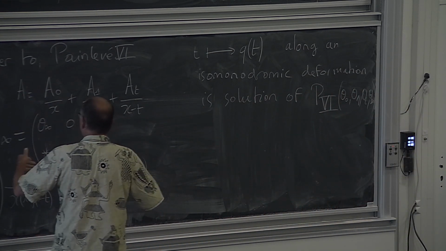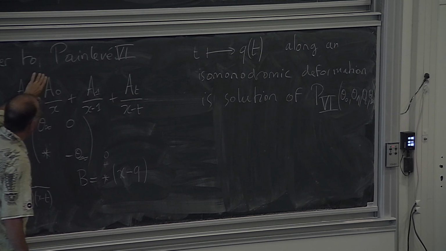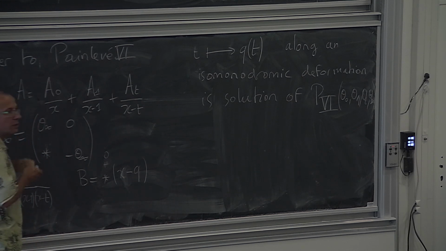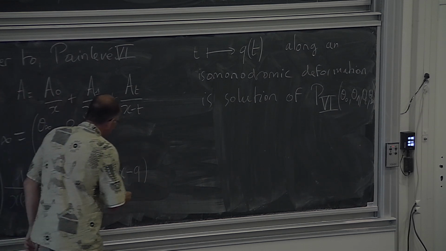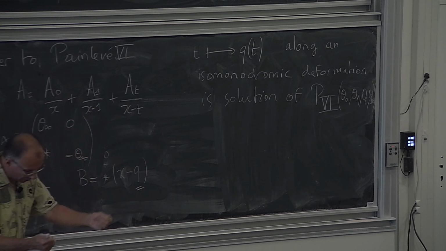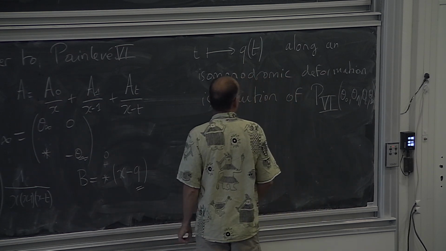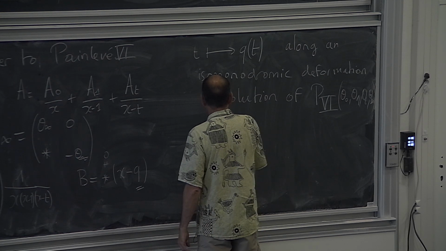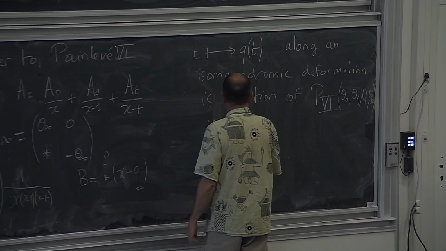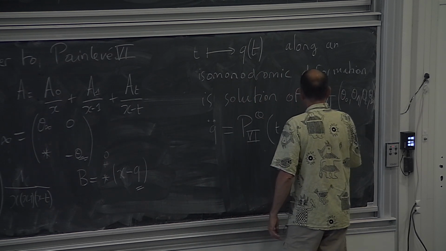So in other words, you have a system. You have many coefficients here, and the Schlesinger equation gives you a differential equation on all the coefficients, and you choose one, this one, and by elimination, playing with all the differential equations, you can eliminate the other coefficients and obtain a differential equation for the single coefficient which is here. So it will be something like this.